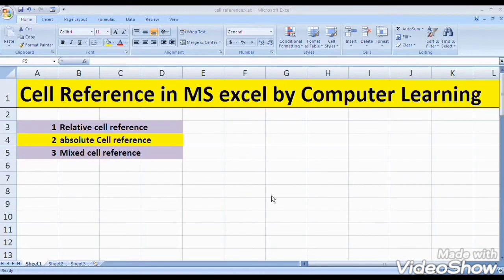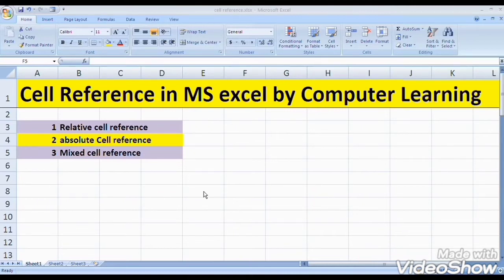Cell reference in Microsoft Excel is a very important point. See, there are three types of cell reference: relative cell reference, absolute cell reference, and mixed cell reference.